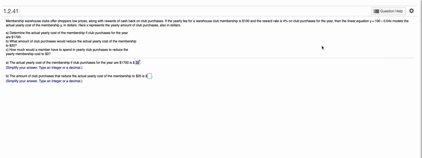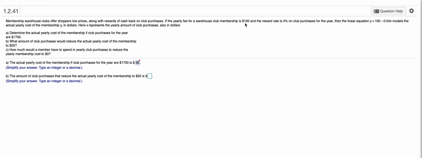So when we're looking at this question, the first thing you want to ask yourself before you even read the question is what skill this question is trying to get me to do based on what I learned this week. And the skill, when you read this, that it's actually asking you to try is substituting for the correct variable in an equation. So the membership warehouse clubs offer low prices along with rewards, and they have this system where